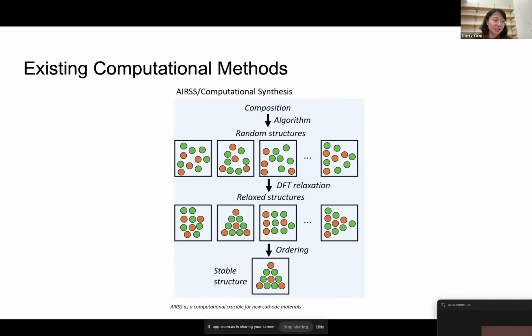If you look at what people have done in computational material science, they also try to do discovery, right? But their method is very domain specific, where they use ab initio random search, which is one of their tools. Given some initial composition formula, this tool uses an algorithm to generate some initial guesses based on the volume. They randomly generate structures with different kinds of volume, and then they run a density functional theory calculation, which is a quantum mechanics based calculation, to relax the structures to make them lower energy. And then after that, they can just choose based on some kind of ordering metric.